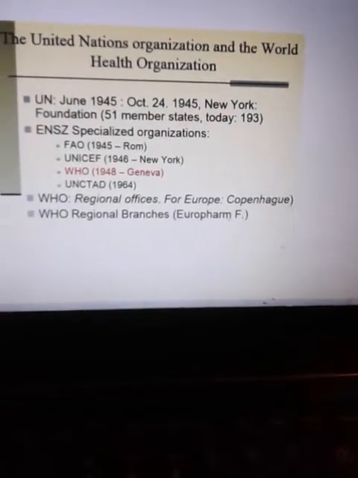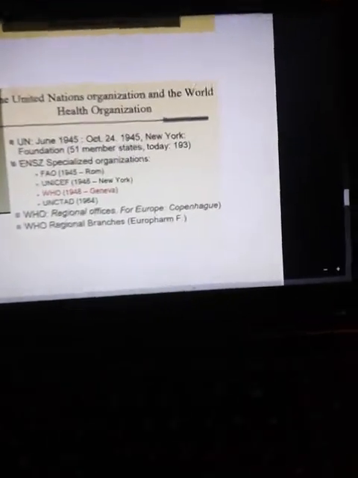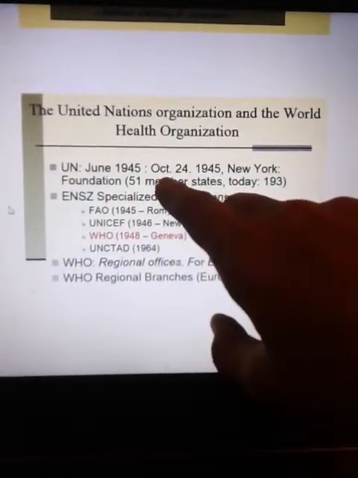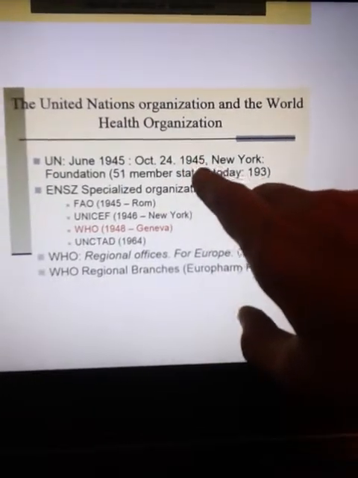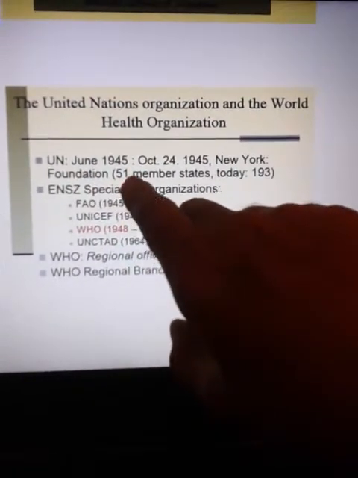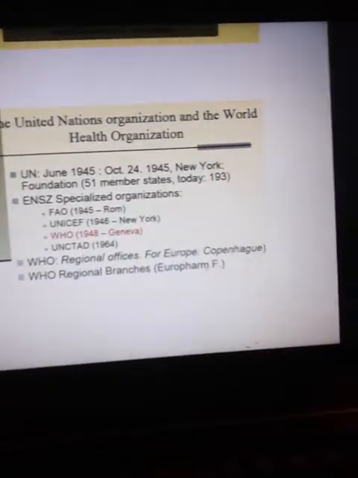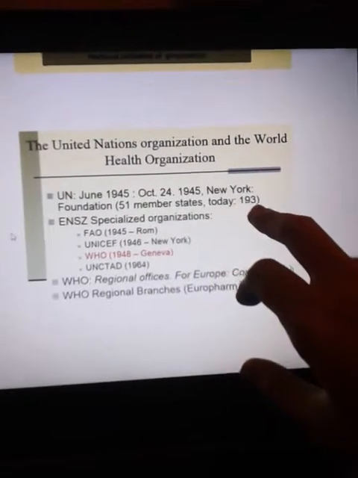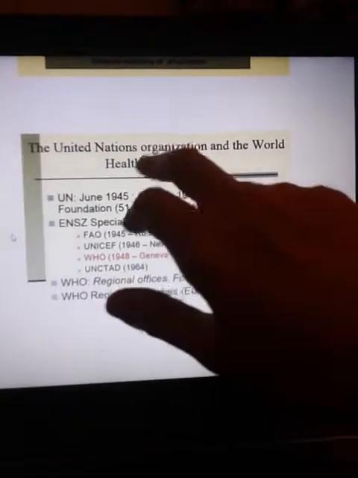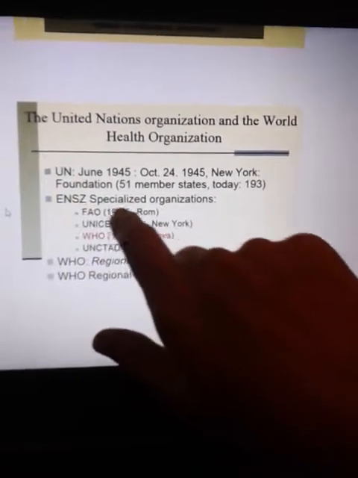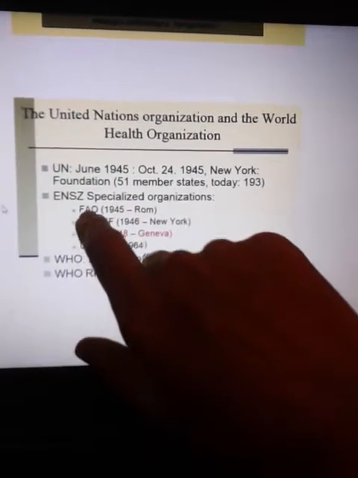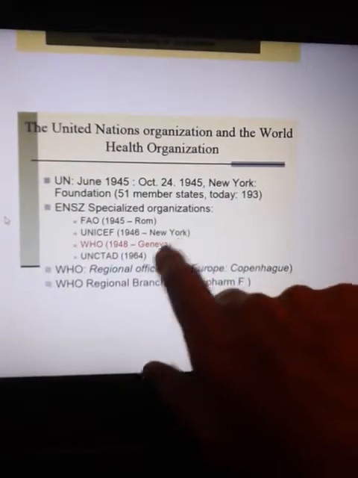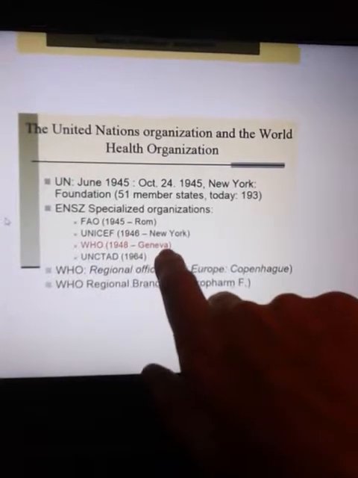The United Nations Organization and the World Health Organization. United Nations from June 1945 and October 24, 1945 in the New York Foundation, 51 member states, today is 193. سال 1945، 51 ممبر استیت بوده، تا امروز 193 کشور عضو. Specialization organizations: FAO in Rome، UNICEF in 1946 در نیویورک، WHO در 1948 در ژنوا